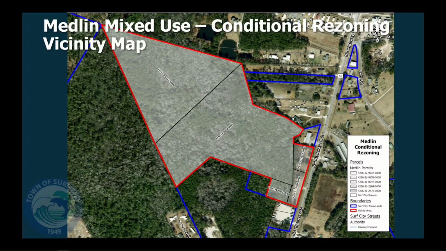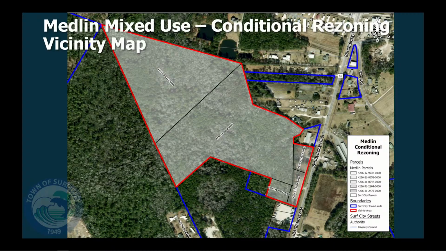On the screen before you and in your agenda pack is a vicinity map showing the location of this development and the 5 parcels involved. Some of the board may recall that a few of these properties have recently been annexed, and there is a current annexation for the 2 lots here, which you'll see as future development in the concept plan. They are slated to be considered for annexation by the town council in December, and they are being supported by the planning board under a recommended neighborhood business zoning.